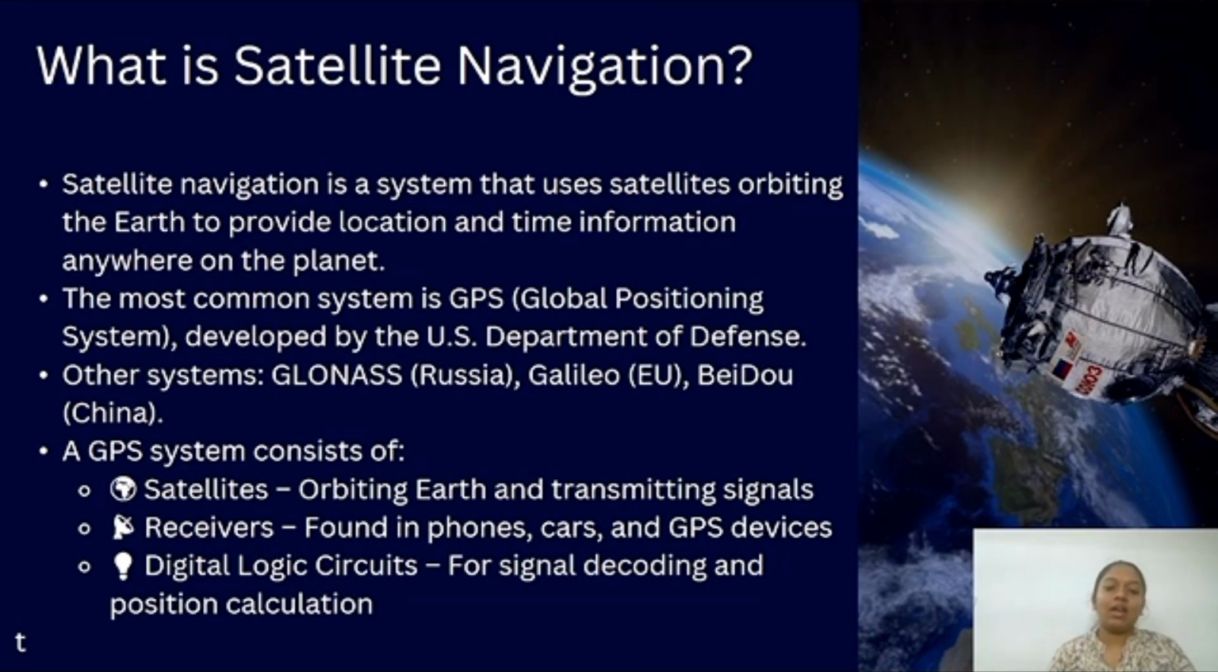This entire satellite navigation system has three major parts. First is the satellites, which are orbiting in space and constantly sending signals. Second, the receiver, which is present in your phone, car, or GPS device. And third, most importantly, is the digital logic circuit, which processes the signal and displays your location on the screen. So today we are going to understand this whole process in depth. So next is